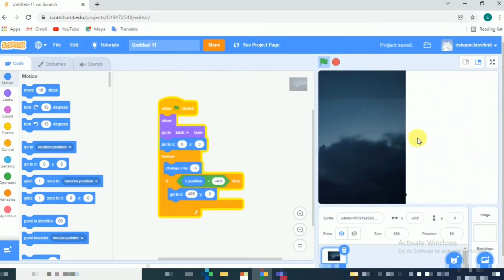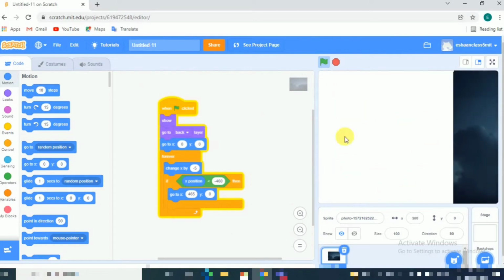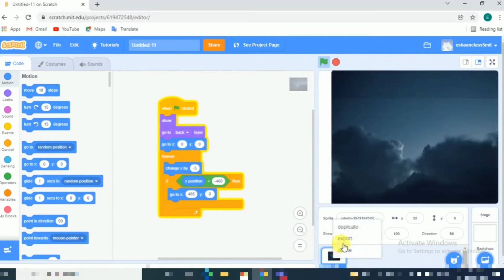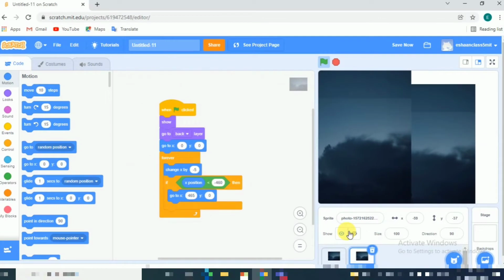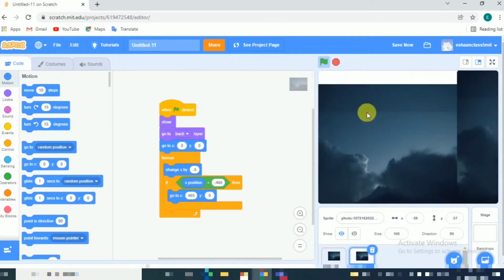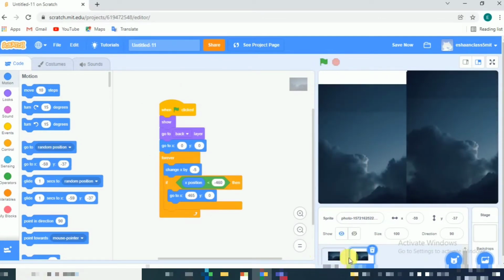To remove this white part, we have to duplicate this, and after duplicating this, first we'll stop it, and then we'll set it to 465.